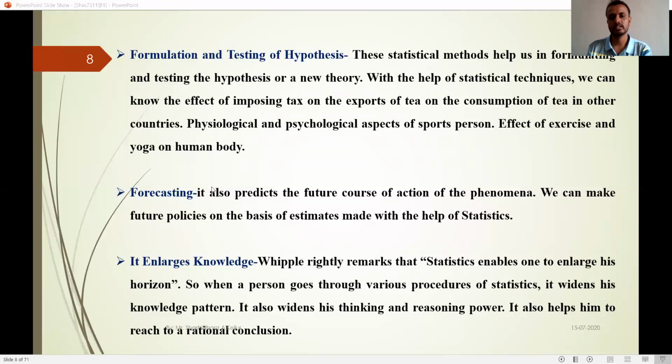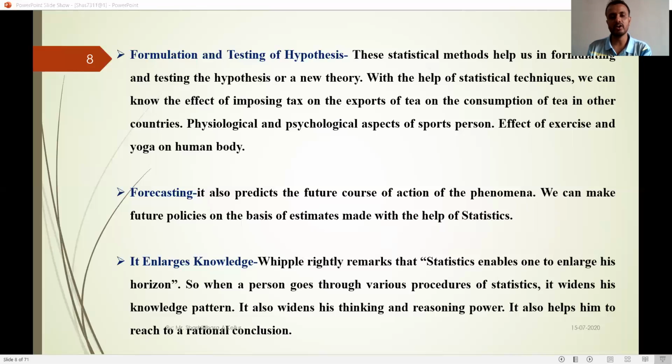Forecasting. It also predicts the future course of action of phenomena. We can make future policies on the basis of estimates made with the help of statistics. And another function of statistics